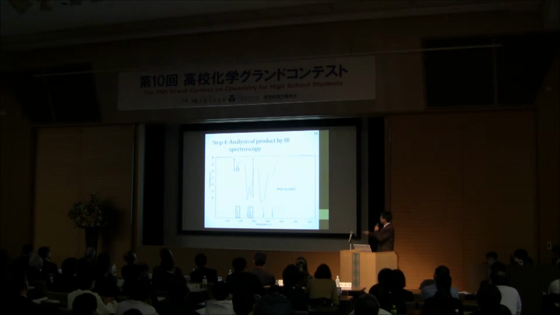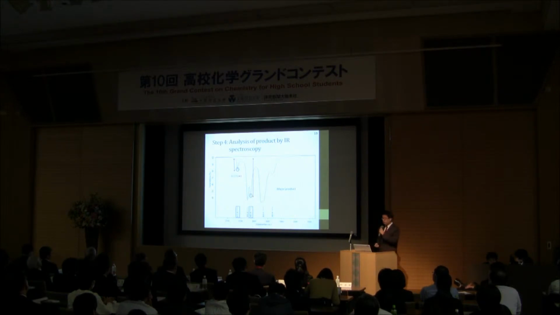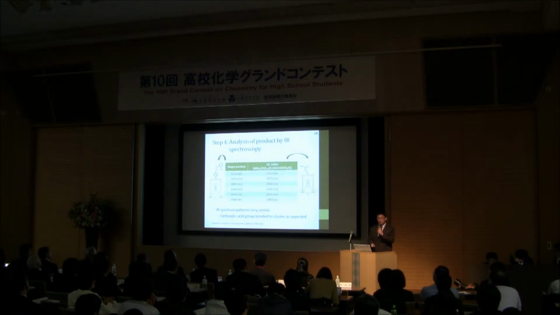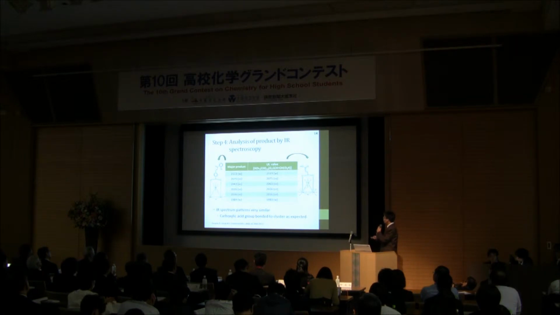So if you look at this weaker peak over here, we'll be representing it with its wave number, which is 2113, followed by W for weak. For this stronger peak over here, we shall be writing its wave number 2063, followed by VS for very strong. On the left column are the collated results of our major product, and on the right